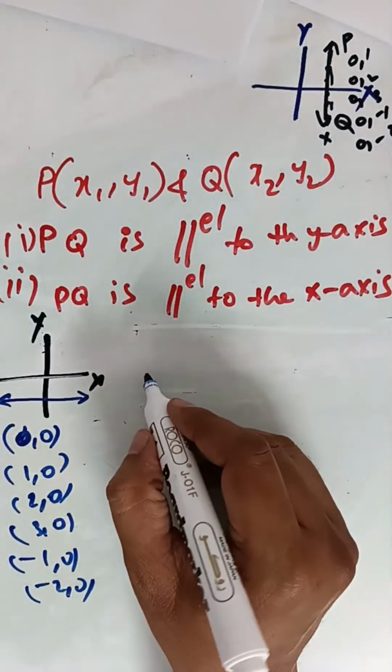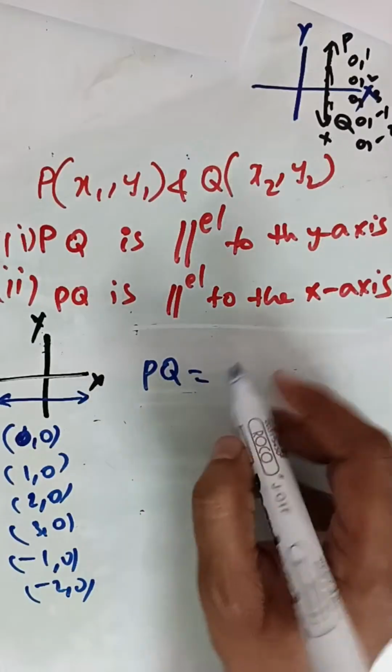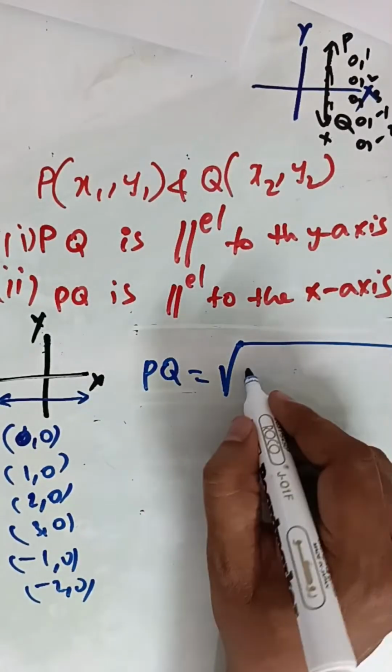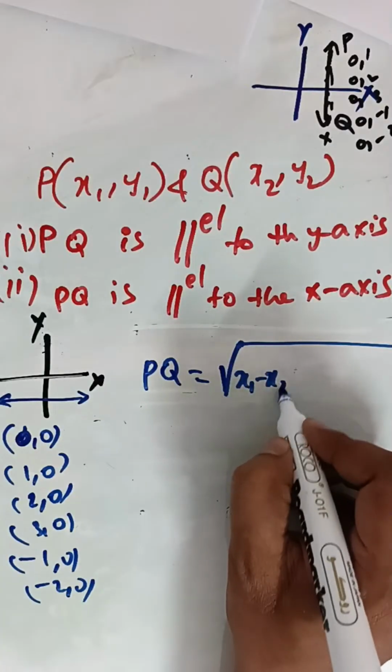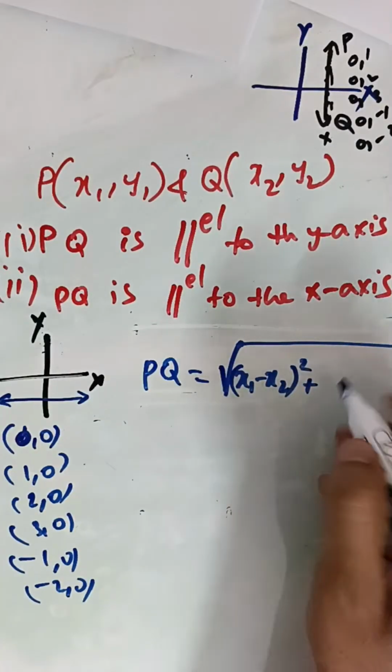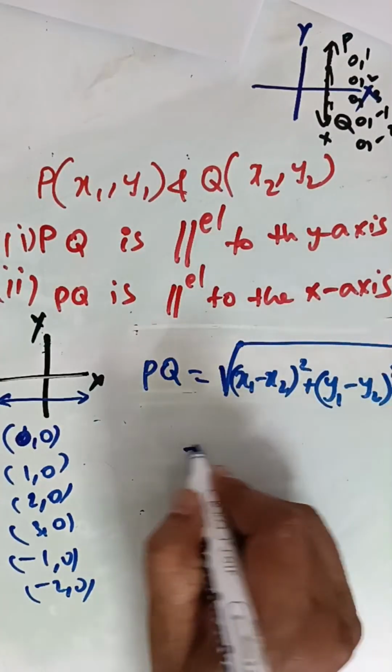So what is the formula? PQ is equal to, first of all we will write the formula. PQ is equal to the square root of x1 minus x2 whole square plus y1 minus y2 whole square is equal to